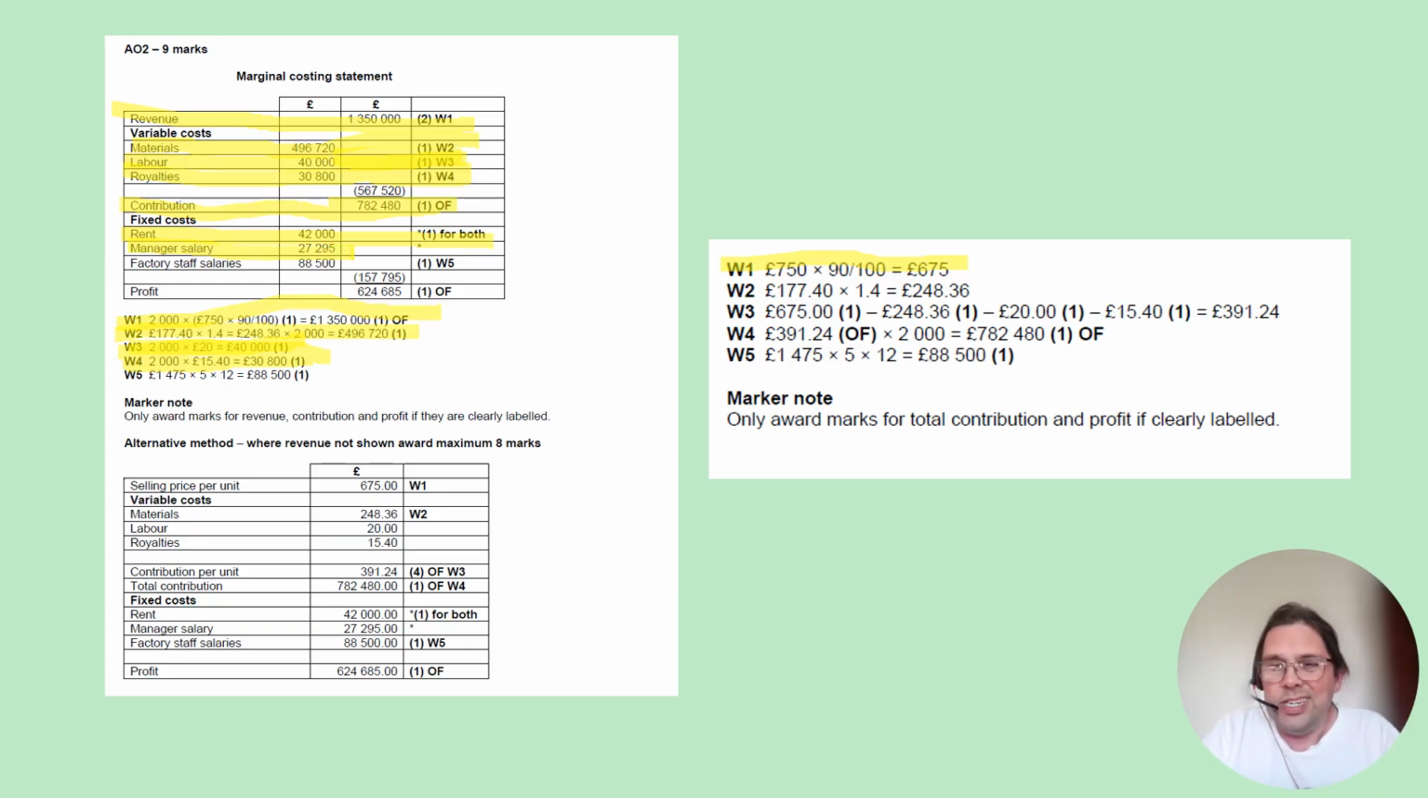No calculations needed, so it's quite nice they give you that mark, to be honest. Factory staff salaries 88,500 is another mark. It's just the fact we're paying 1,475 per month. So you obviously got times by 12, times by 5 gives you the 88,500. And finally, the profit is own figure